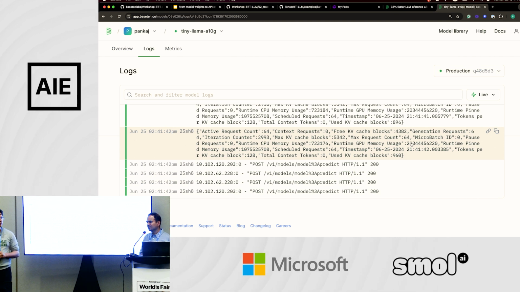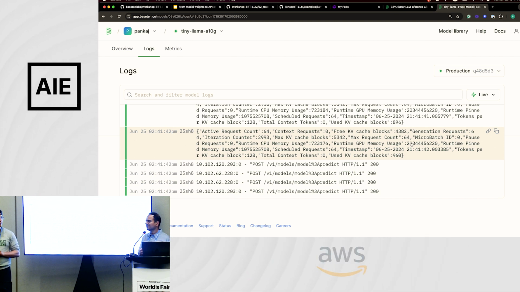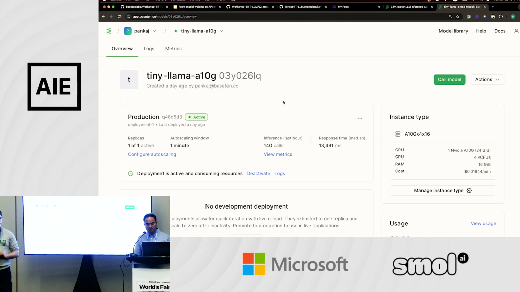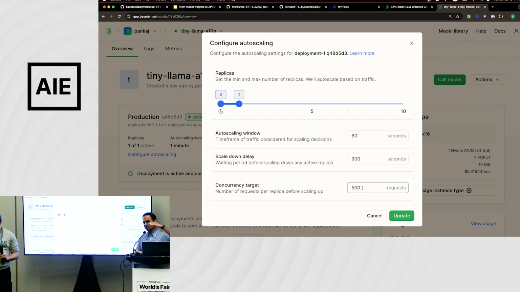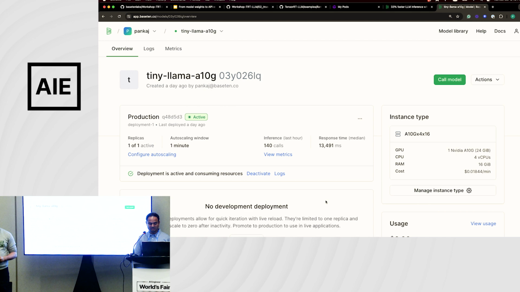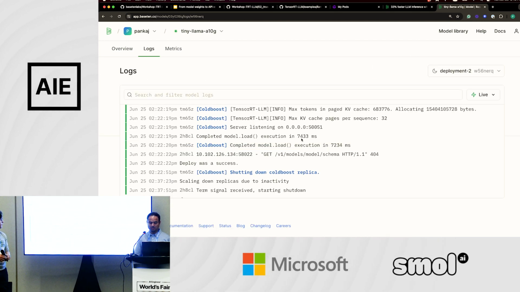Because there are chances that you haven't configured something right, and that for whatever reason, the requests are not all getting executed in parallel. For example, a common mistake one could make is that when you deploy on Baseten, and this is Baseten specific, but just to take an example, there are scaling settings in Baseten. You can specify the scale, and you can specify what is the max concurrency the model will receive. In this case, I've set it to a very, very high value, so it won't become a bottleneck. But there are chances that you forget, you make a mistake there. You can check these logs, and they will actually tell you what's happening on the GPU.